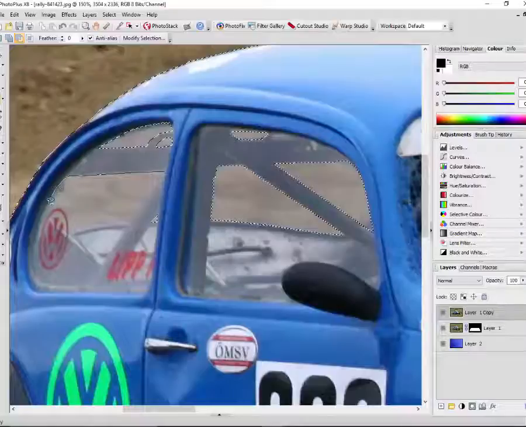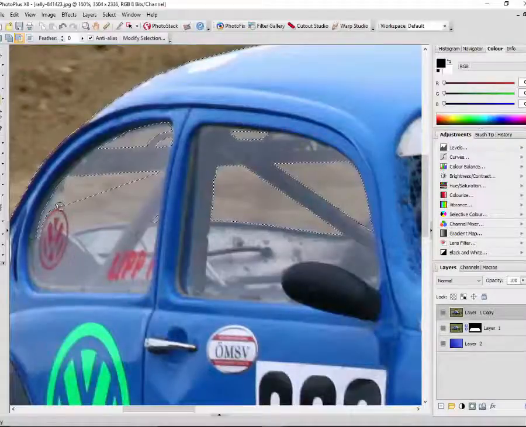It may not bother you so much on your particular picture. I mean, like the tower picture, although there was a window, you couldn't see, it was just black, so I didn't have to do anything with it. But I'm just going to go around this Volkswagen badge here. I'm not going to fiddle around taking all the inside of it out,